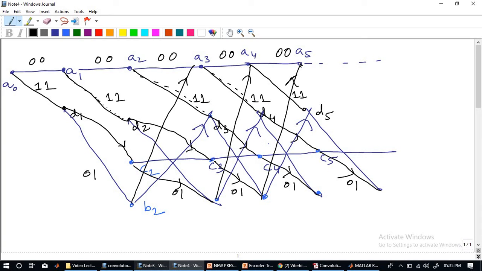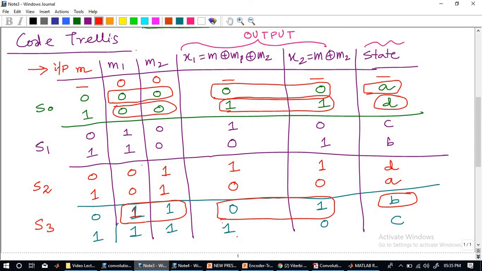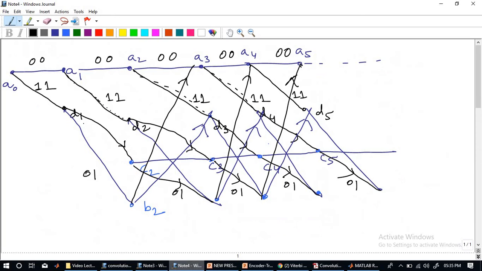I know it's a bit difficult in a way, but if you practice once, it will not be that difficult. Similarly, the other connection from D is coming to C. So let's see what the output is. When this is D and the next state is C, the corresponding output is 1, 0. So you will write 1, 0, 1, 0 on all the connections which start from D and end at C. Similarly, for C and B, you will get such connections and you will form a cumulative description of all the connections.